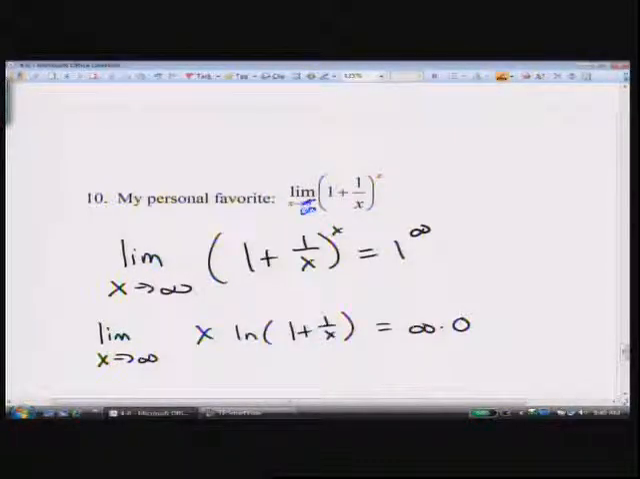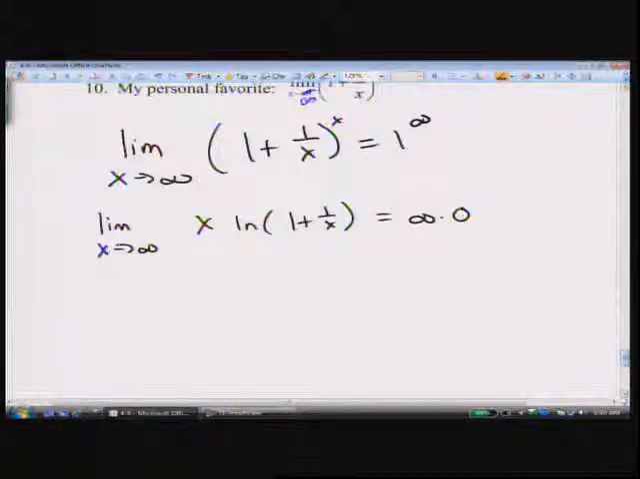Okay, and now this is another indeterminate form. 1 to the infinity is indeterminate. Infinity times 0 is indeterminate. L'Hopital requires that it be either in the form 0 over 0 or infinity over infinity. So you have to be clever on this one, and I'm showing you this one to be clever, but in general, they may not be this challenging, but you have to be clever